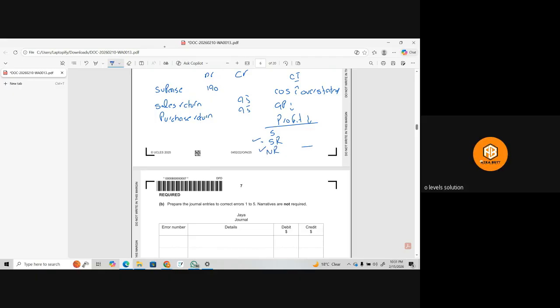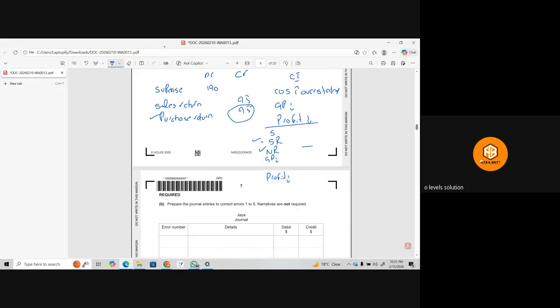When it is decreasing your net revenue, automatically your GP will decrease as well, and so your profit will decrease as well. And plus, since you have not recorded that purchase return,